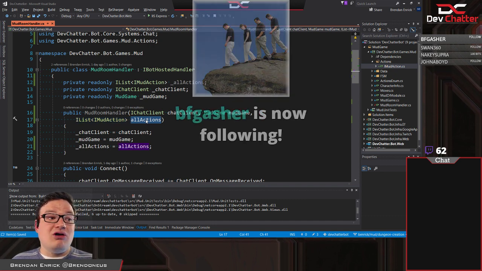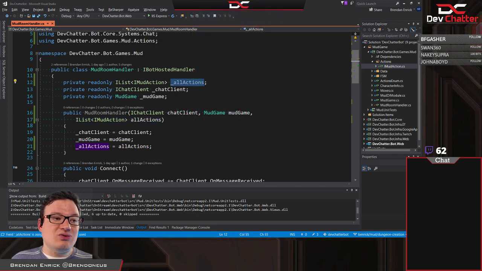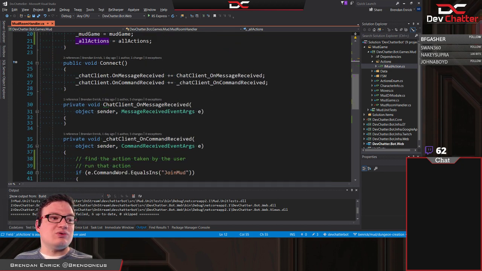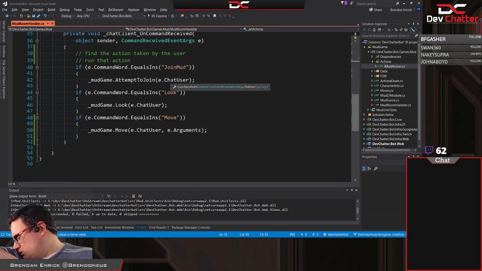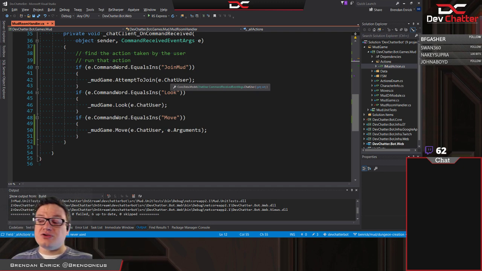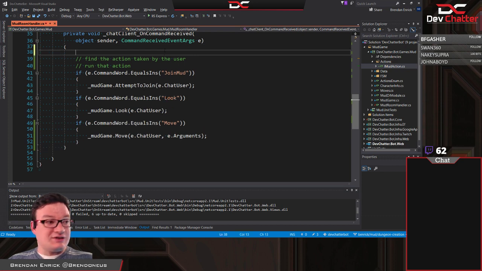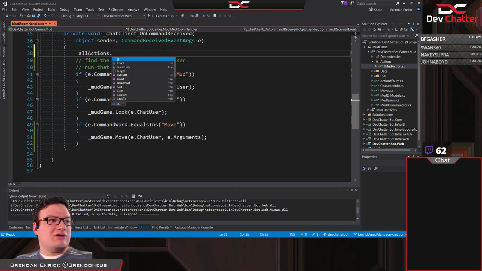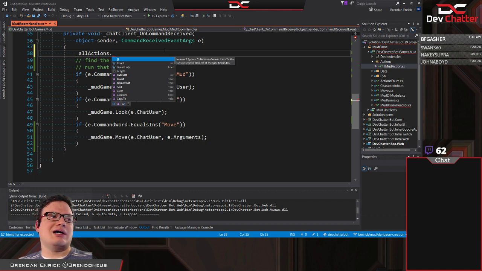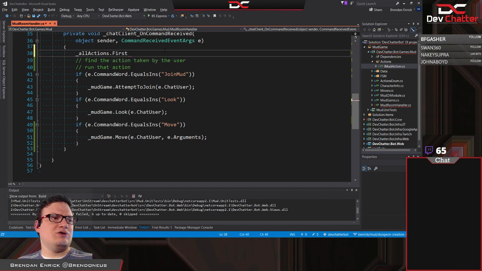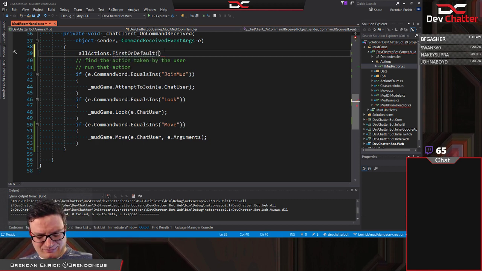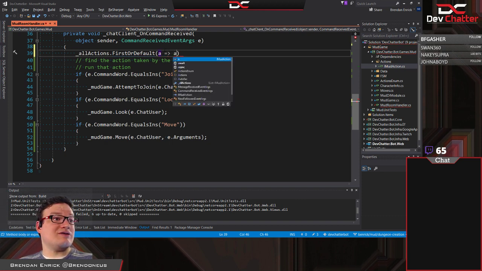This is going to give us all these actions that are available, and we're just going to have to use them down here. So we're no longer going to do this code. So step one, we are going to say all actions, and we're going to say, we'll do a FirstOrDefault because I'm not brave. We're going to say action